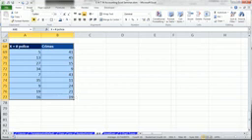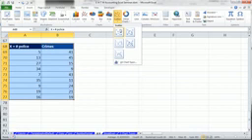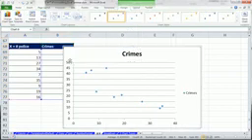So let's highlight it and go to Insert. And I love charts because what do they do? They give you a quick visual. It looks like as this one increases, oh, the Y decreases. All right, now